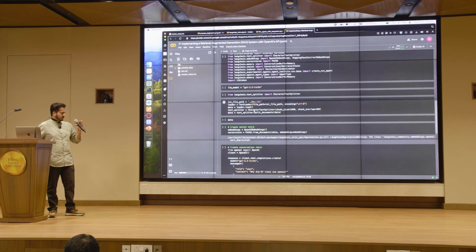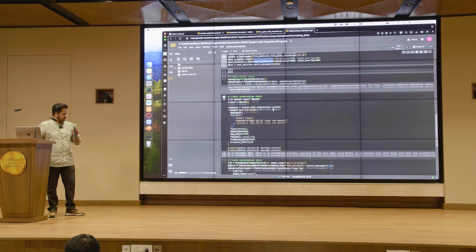You can, so there are many ways to improve it. Here we are doing a simple text splitting. You can do context-based chunking, right? So that it actually preserves the context. It does not send to multiple chunks, right? You can improve,